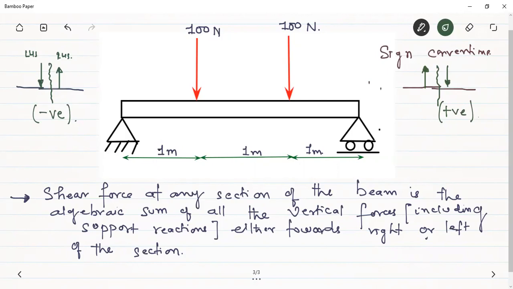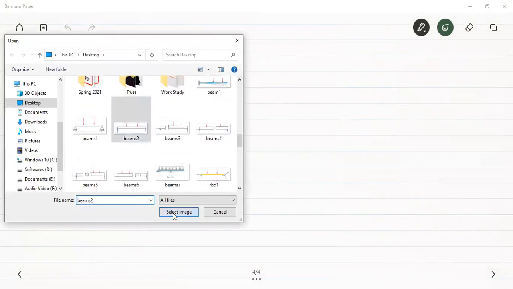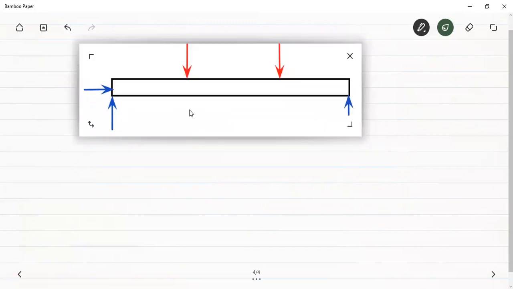So first of all, the first thing we have to do is to remove the supports, introduce the reactions, and draw the free body diagram. That is, we will draw the free body diagram of the beam. In the free body diagram of the beam, we only show what? External forces. Okay? When we say that it is a complete beam, we will show only the external forces. After making the section, we will show the internal forces as well. So the first step here is to isolate, to remove the supports and introduce the reactions.